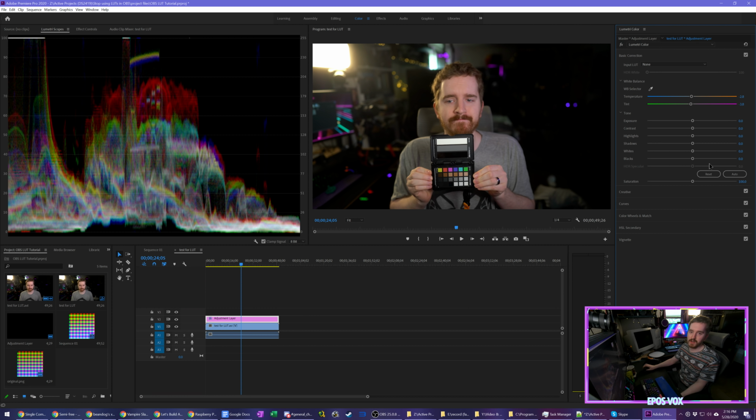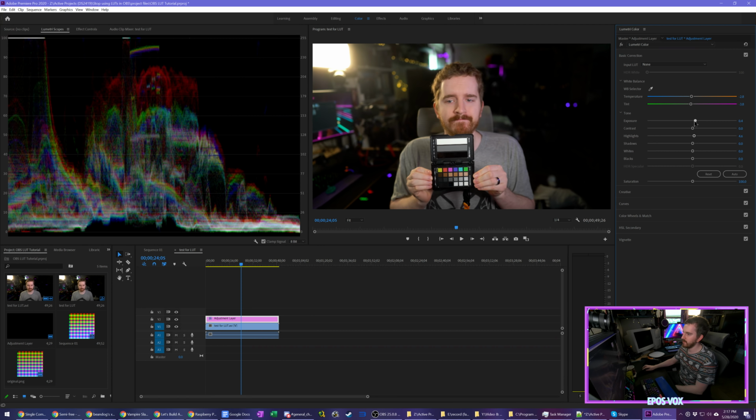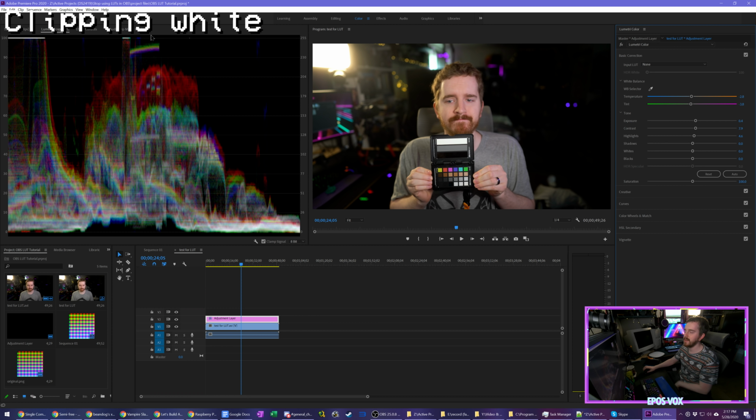Thankfully, this is a lot easier to understand than Resolve's controls just by the name. So the highlights are obviously, you know, the super bright points, exposure is the overall brightness, contrast is the punchiness. With the scopes over here, you have a line at 100% at the top and 0 at the bottom. Anything that goes over this 100% line is clipped in the white, which means it is way too bright and there's no information left. So it just looks pure white, like this light that's on the screen or the window